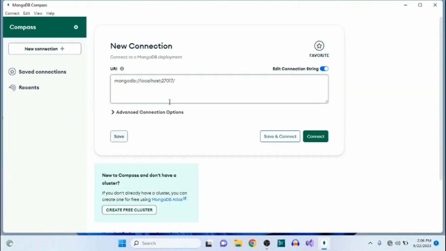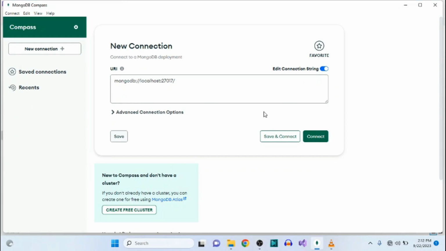Okay, so this is the basic feature of the MongoDB Compass. MongoDB Compass is a graphical interface that helps you to visualize your database. For connecting to your default MongoDB server database, you can use this default URL, which is